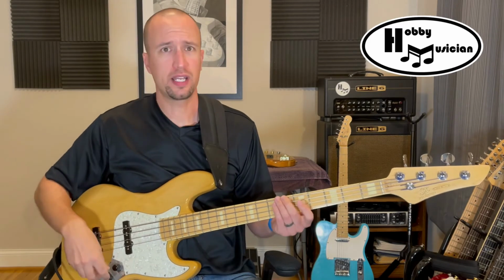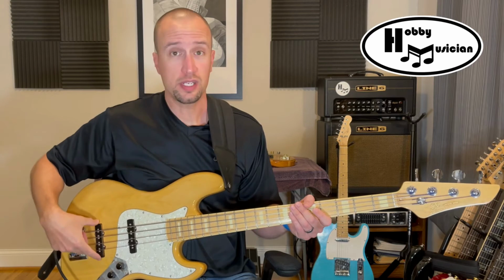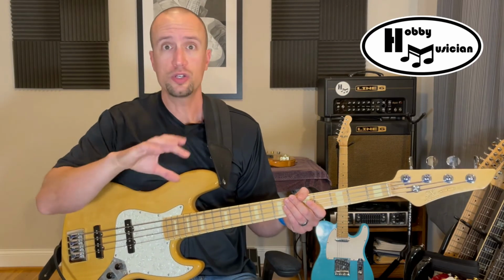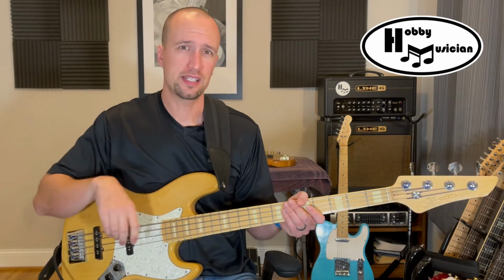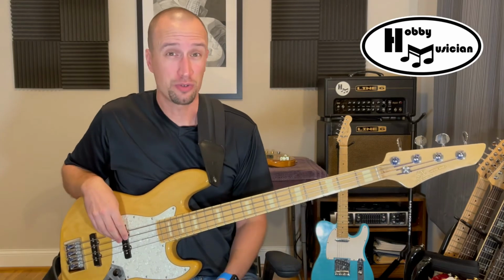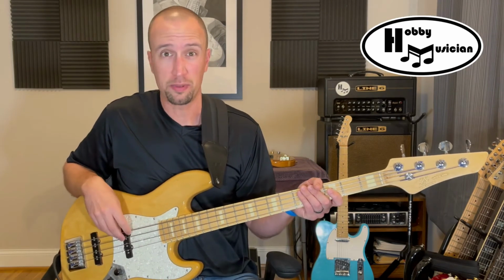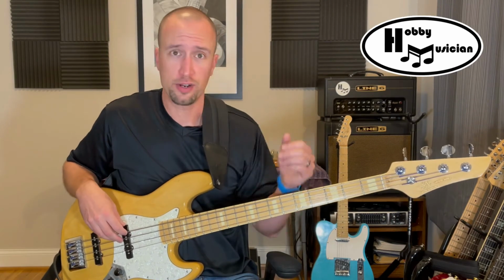So just to give you a quick example of what I mean by the playing position, I'm using the bridge pickup here. So already that's going to help with the sound, give it a punchier, poppy sound. But if I'm using the bridge pickup, but I go to my natural place, the natural place that I want to play, it'll sound like a bass line. So if I just start from the top,